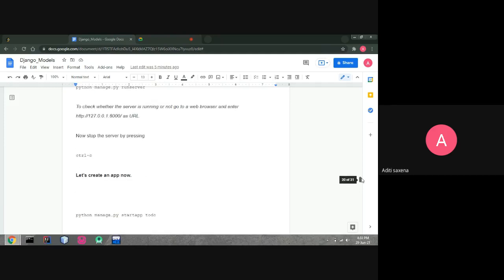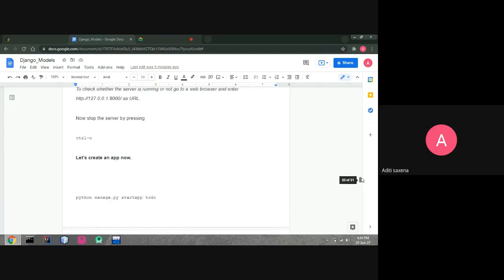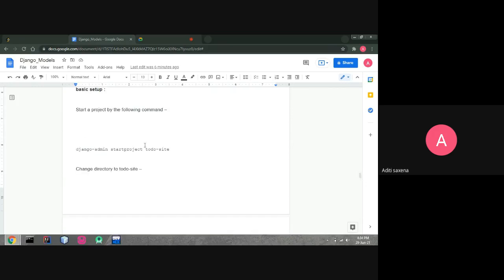First we have created a project named todo. Now inside it we are creating an app, with python manage.py startapp todo. We are inside the cd directory, inside todosite. We have created this project and inside this we are creating a todo app.